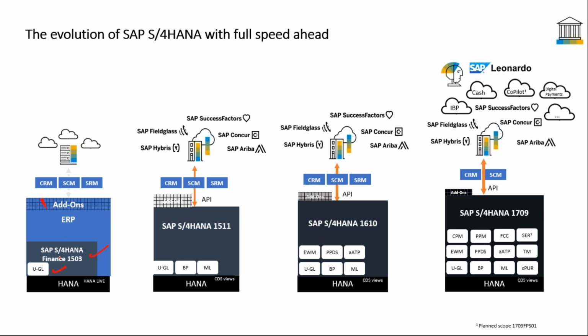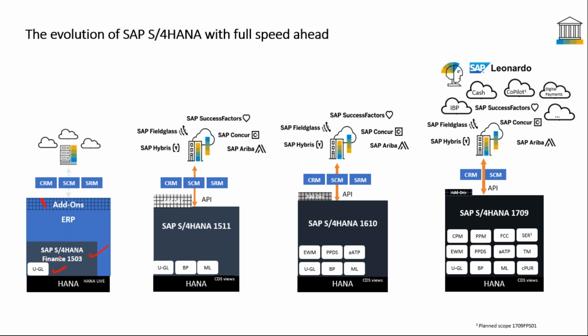Next, in 1511, they added additional functionalities. This is the roadmap which SAP is following from 1511 to, I'll tell you, 1809. Predominantly they've retained the same concept in 1709, but they've added more intelligent features into that. In terms of the Fiori side, a lot of things have been added. But when you talk about 1511, they came out with the business partner concept. They came out with the material ledger. On top of it, when you talk about 1610, the second layer got added, where you have your EWM, PPDS, and your AATP that has come in. When you talk about 1709, yes, they had more features.